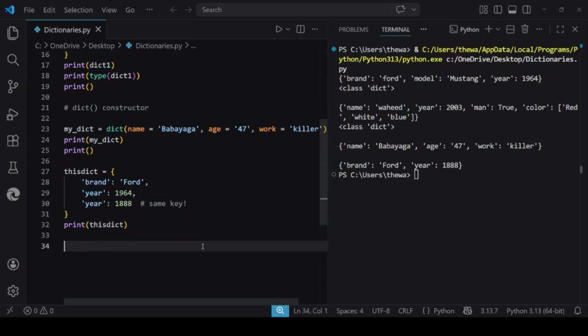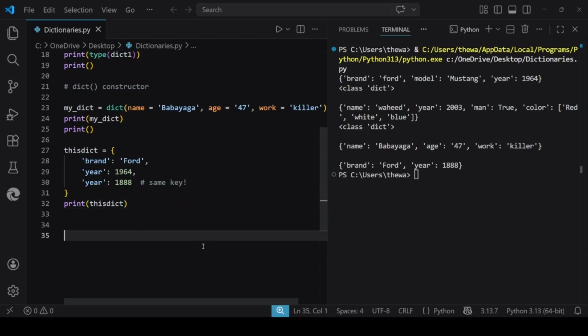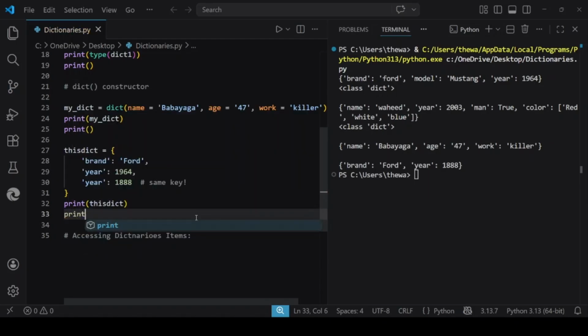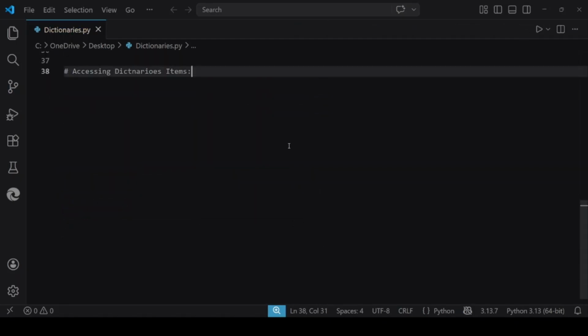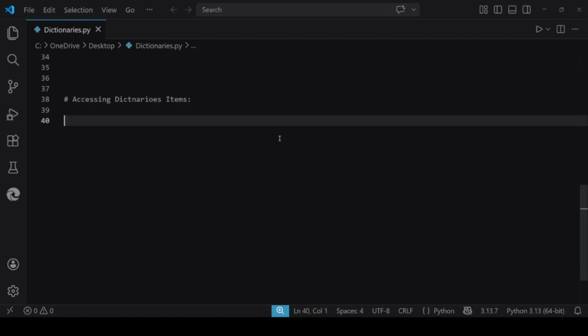Now we will talk about accessing dictionary items. Okay. The easiest way is to use square brackets with the key name. Okay. First, let's just say